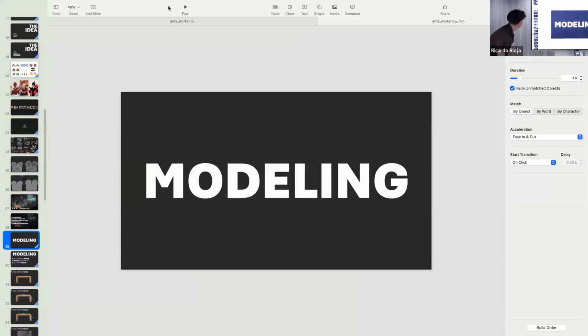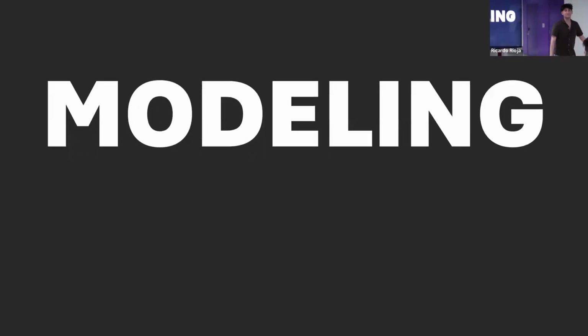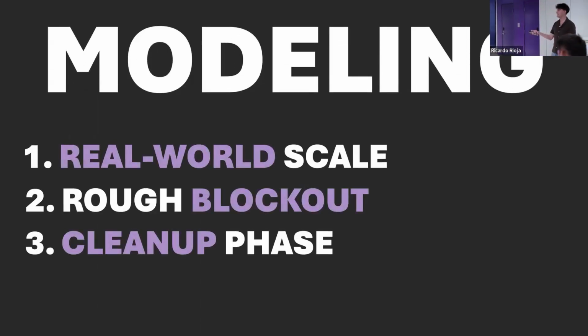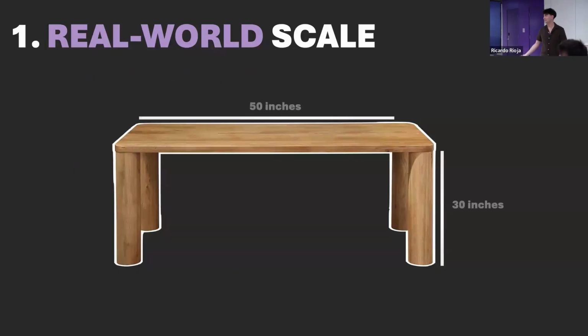Nice. So I created this fancy animation, guys, and I wanted you to see it. So I focus on the real world scale. That's the first thing I do. For example, the first thing I looked at in my concept art was that it had this table. So I needed to know the measurements of a table in real life. That was a Google search of how long a table is and how tall it is. It gave me about 50 to 30 inches.